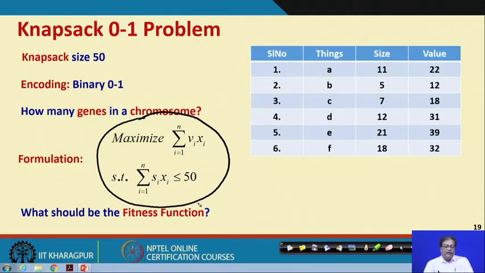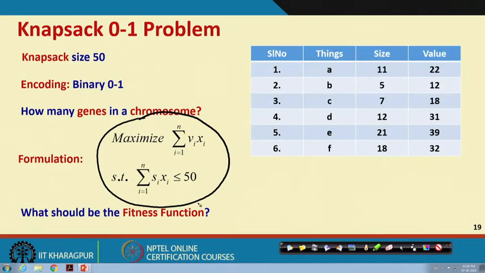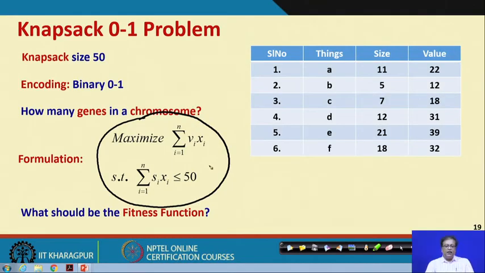Now, who will check this constraint every time we select and do crossover and mutation? See, the point is, if you leave it to the process, if you think that okay fine, I have got the string and I have this fitness and I will keep checking every time I do selection, crossover and mutation, it will be too cumbersome. So, a better method is called the penalty function approach.